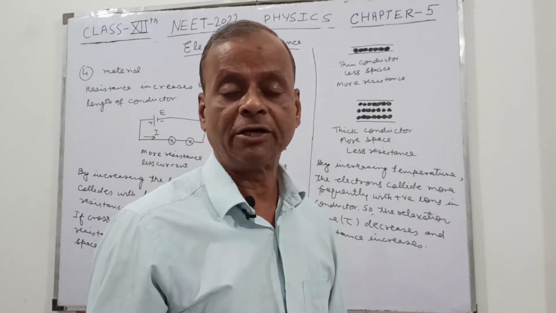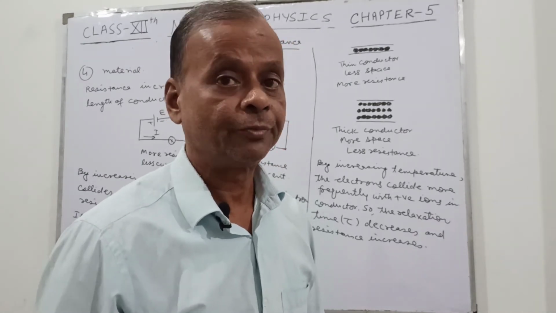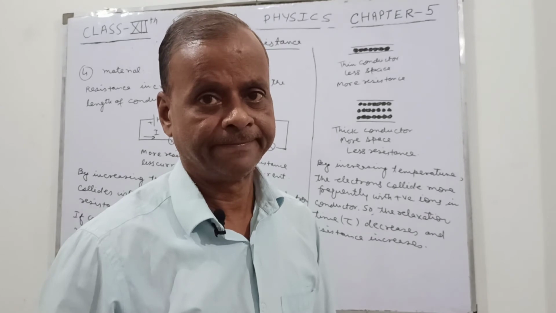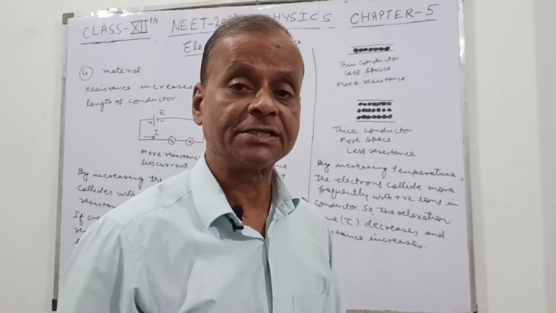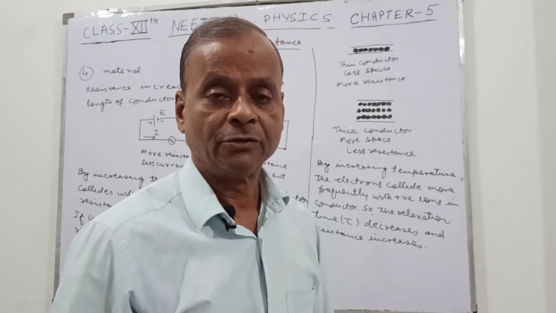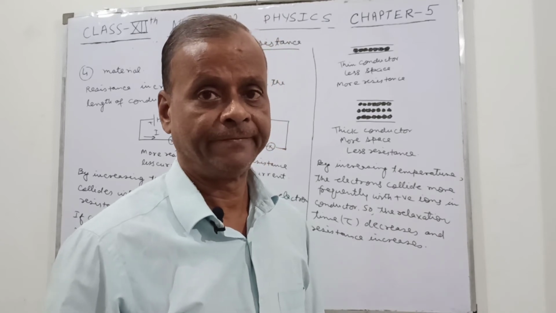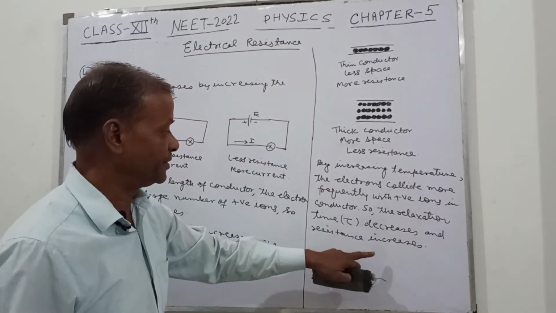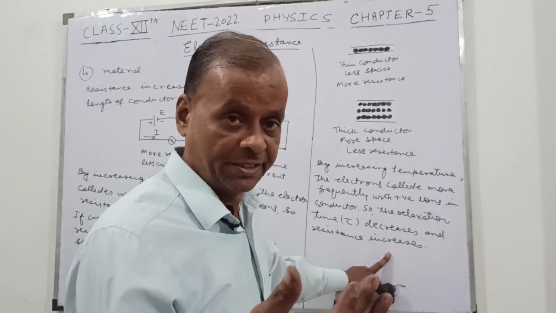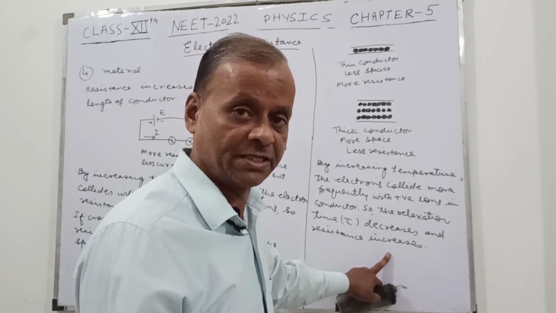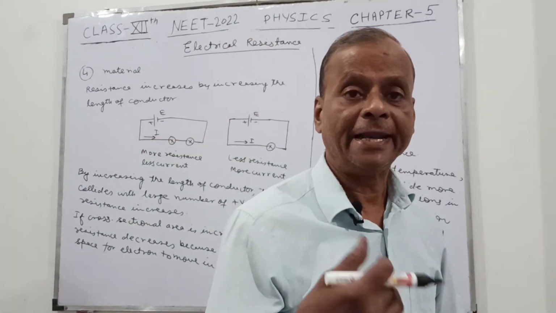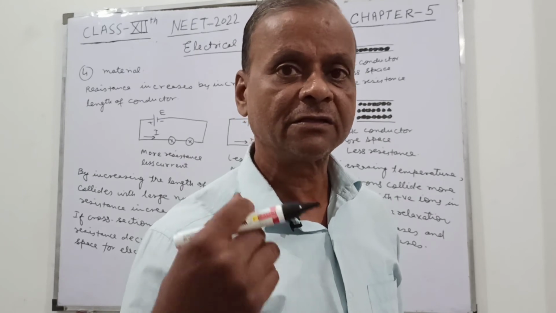The electrons become more and more agitated, so they collide with the positive ions more frequently. In that way they lose energy. And when they collide more frequently, the relaxation time decreases, so because of that the resistance increases. So this is the effect of temperature, when it is raised or decreased, and that affects the resistance of the conductor. And I will tell you that the electron density is different in different conductors.